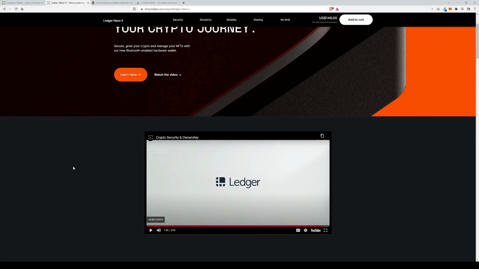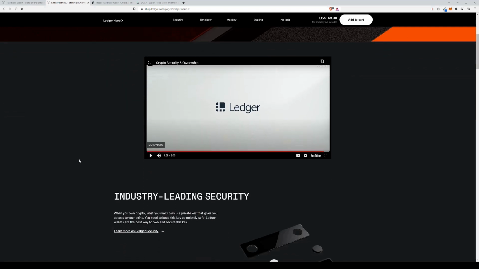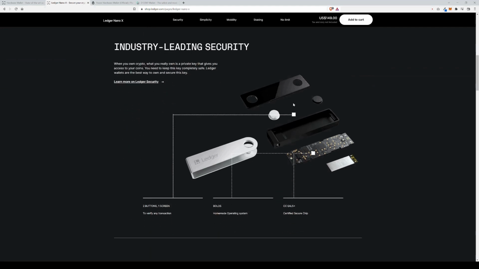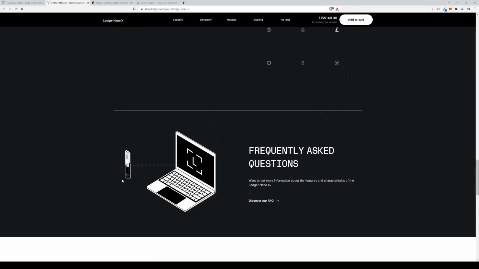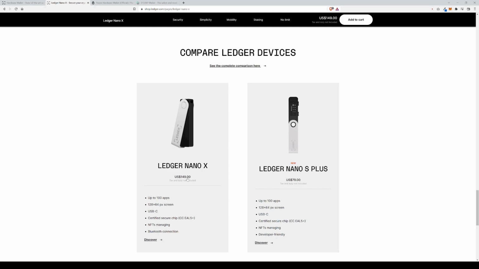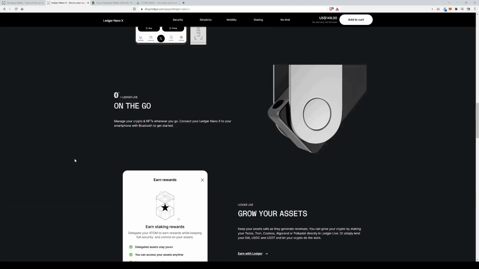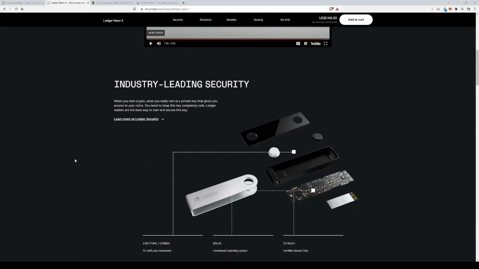Okay, well that was a pretty good description of what an actual hardware wallet does. And Ledger is one of the very best, so I really support this one. A little further down on this page, you can actually see how they make this thing and put it all together. If you go a little further down, now the price of these things in US dollars, the Ledger Nano X is $149 and the Nano S is $79, which in my opinion is an amazingly great price considering what you're actually protecting on this device.